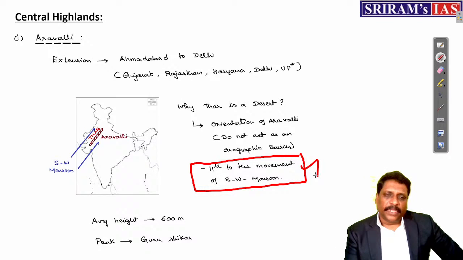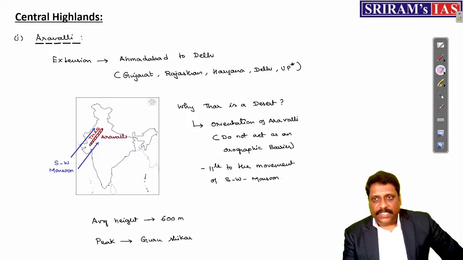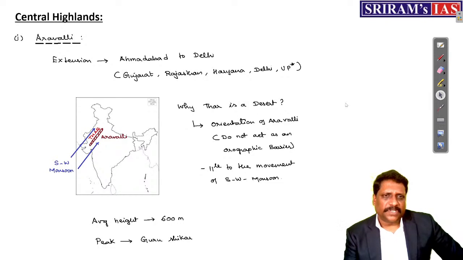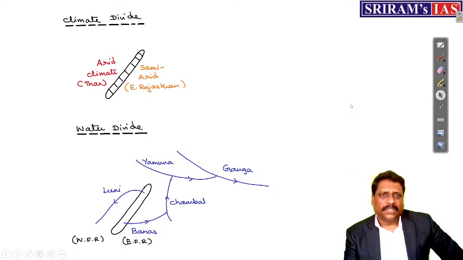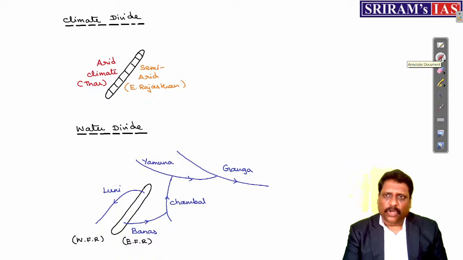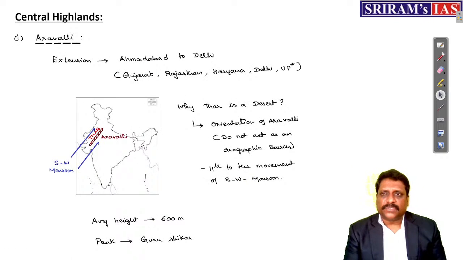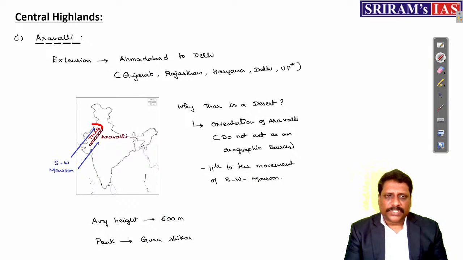So one noticeable peak is there in Aravalli, my dear friends, that is Guru Shikhar. Above mountains, you have this Guru Shikhar. Okay. Right, my dear friends. Now, having said this, talking about some basic information about Aravalli, right? Aravalli is also a climate divide. Aravalli is also a water divide. Because when we talk about Aravalli, my dear friends, Aravalli separates two different types of climate. For example, one side of Aravalli, what we have is what? Arid climate.